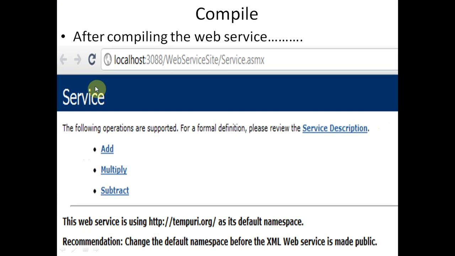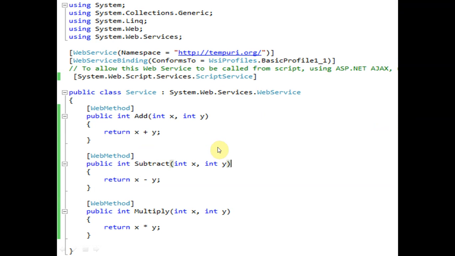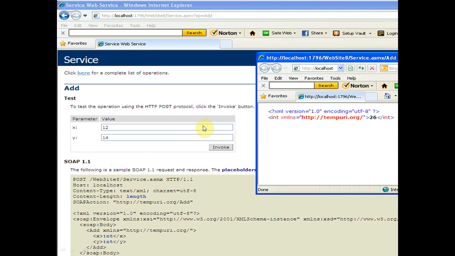So we have clicked on the add tab, and you can see the output here. This is the 26 output. It executes when we press the invoke button, so it links with this add function, which adds the values of x and y and returns the result as the output.